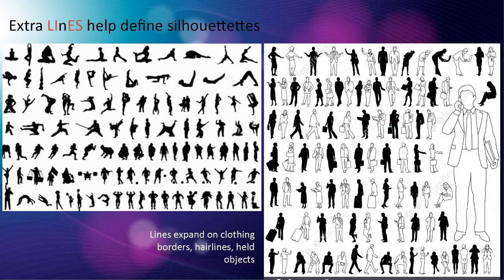We kind of get the idea that this is a male person with their arm up. Like if this was in silhouette form, would we be able to tell they're on their phone? Maybe that kind of gesture. Maybe they're putting food in their mouth. I don't know. So silhouettes are just a clump of lines that look black. And we can add definition to that by adding more lines to define hairline, held objects, and other things.